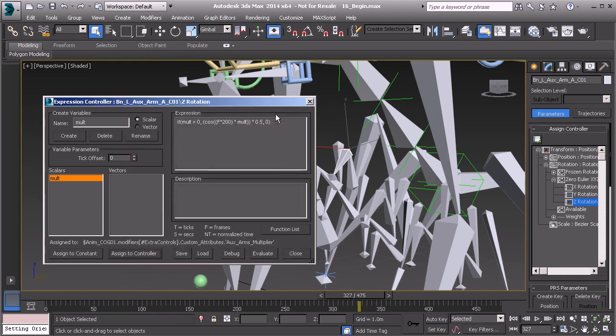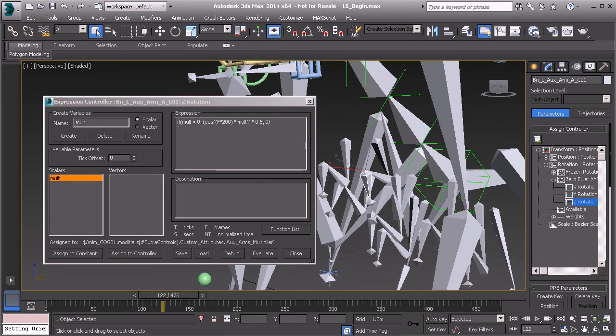Here it is. All right, now, if we go ahead and evaluate this, take a look at what's going to happen. Let's play this back. And we don't quite get a full cycle of behavior out of this arm. Instead, it looks like the arm's kind of digging. For this to look creature-like, what we need to do is go ahead and take our range part of the expression, which is this 0.5 here,